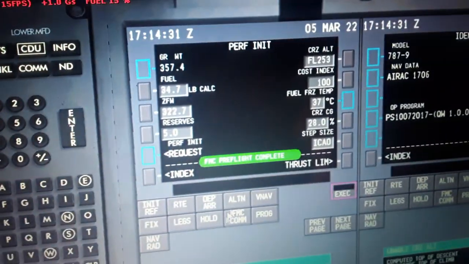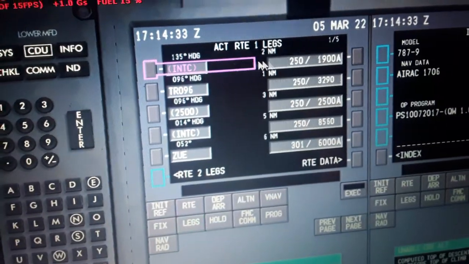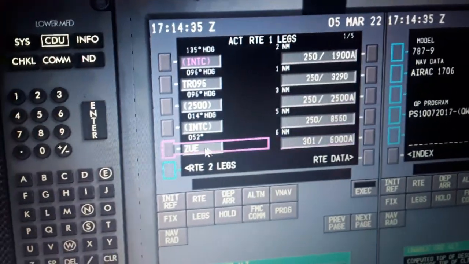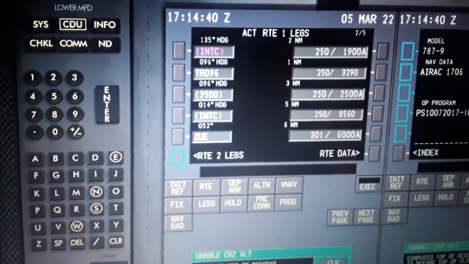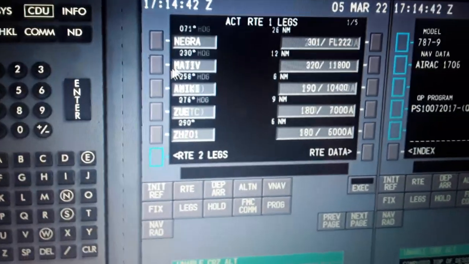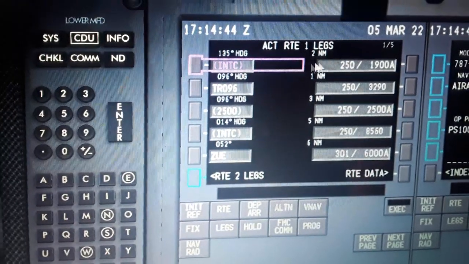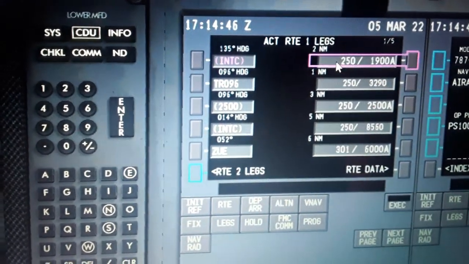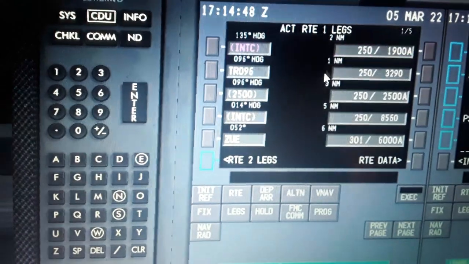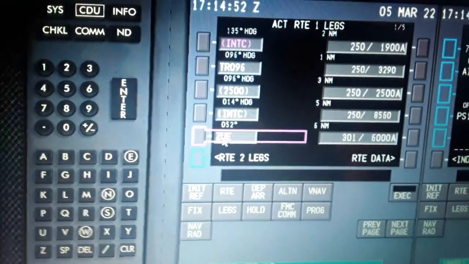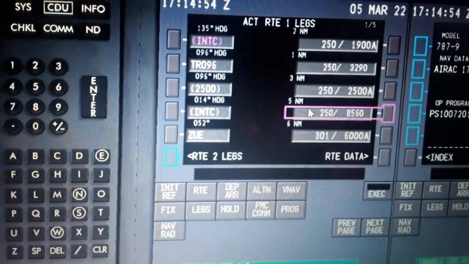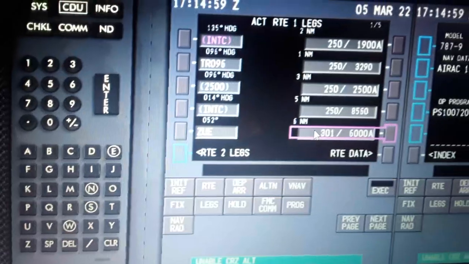It won't freeze, so we execute, and this activates over here the flight plan with the route, airspeed and altitude. We have fly through in cruise. So we have the first waypoint 135 degrees, 250 knots, 1900 alpha, 2 nautical miles. Third one 1 nautical, 3, 5, 6 the Zui, 6 nautical miles from the previous one, 300 knots over here. The airspeed 6000 alpha,